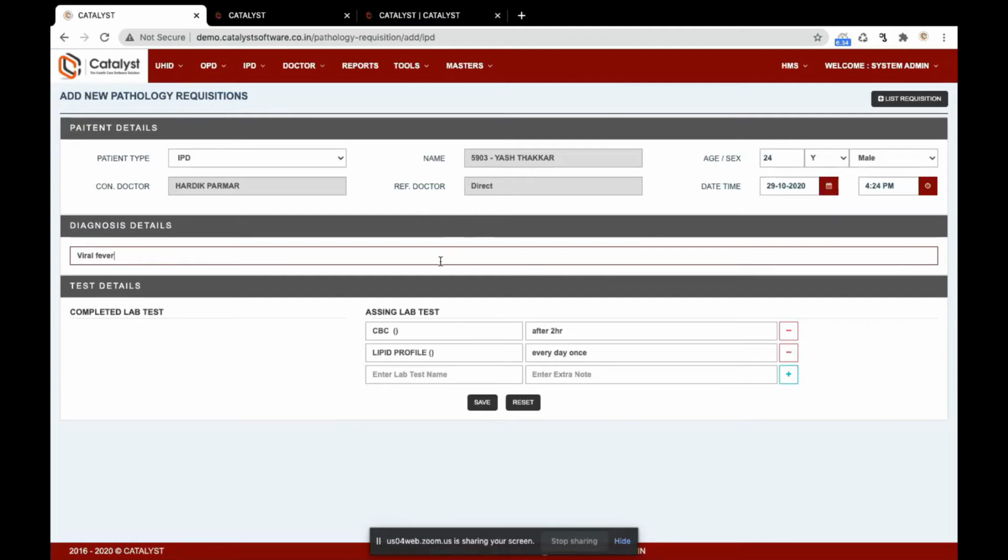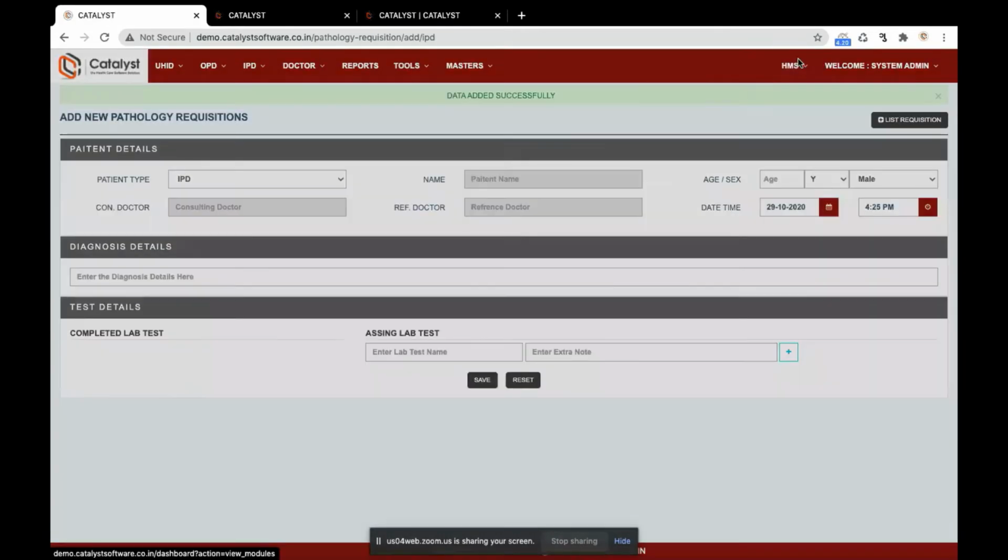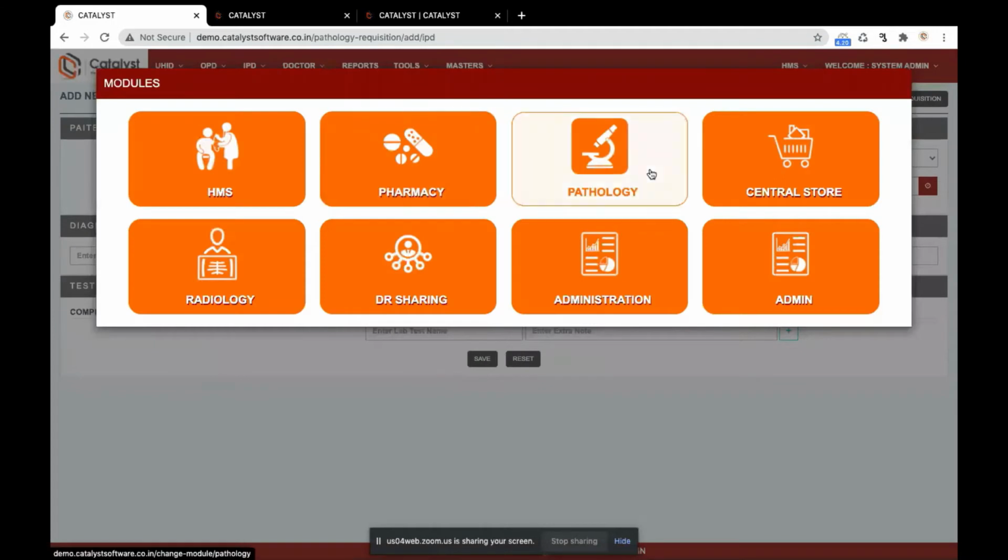They have selected the patient and entered the disease of that patient. It's not compulsory, but if they want they can enter it. Now they request the tests they want for their patient. When the client saves, the request goes to my diagnostic center unit.